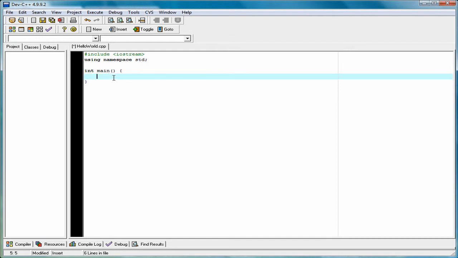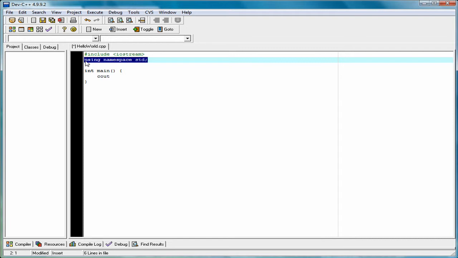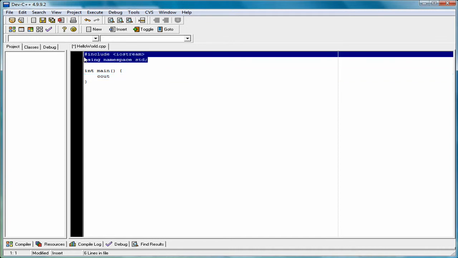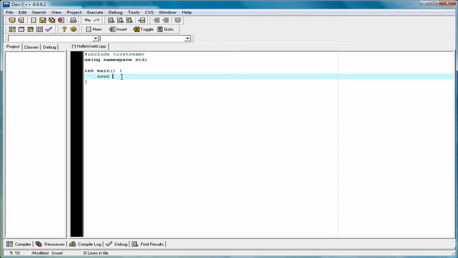To print out in C++, you're going to use cout, which is included in the iostream library. That's why you're actually including it, because without it you wouldn't be able to use this cout. And then namespace std is essentially a replacement for that, I believe. And cout is just much cleaner in my opinion, so using namespace std just makes the whole program cleaner.